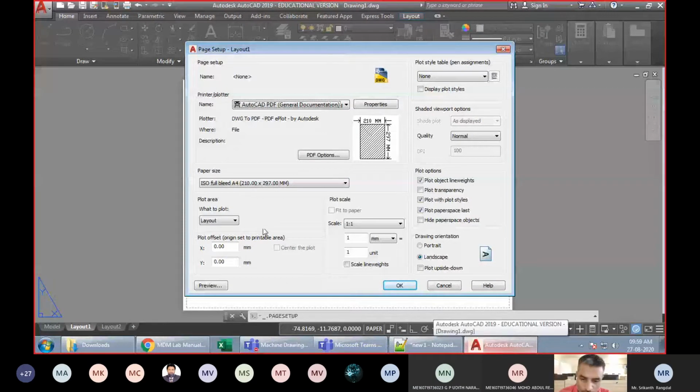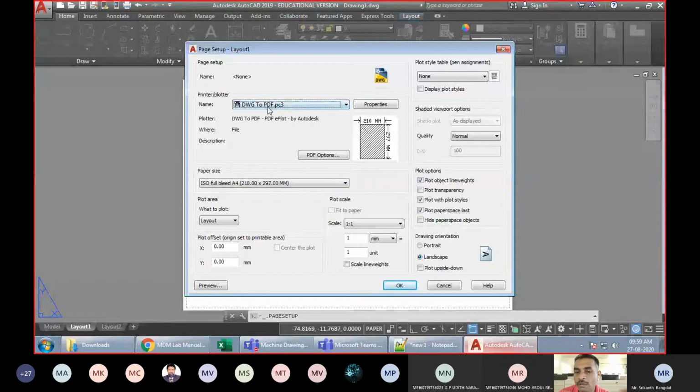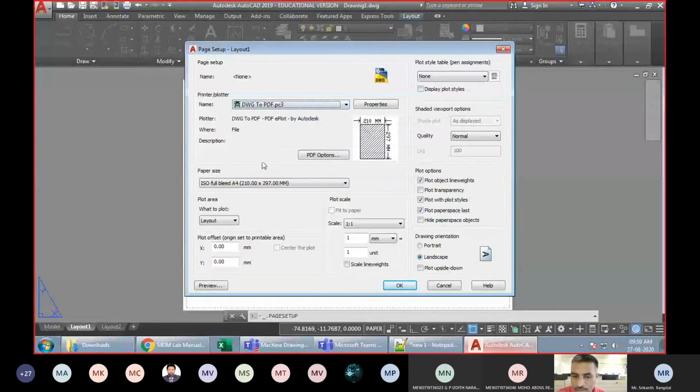Okay, so let's proceed. You can not only choose the printer. If you have installed a printer, you can choose the printer. If you don't have a printer, you can save it as a PDF. Fine, DWG to PDF. What this will do is, it will save your diagram to a PDF, and this PDF can be taken anywhere in any Xerox center. And almost every person has Adobe Reader installed on their system. So even if that person is not having AutoCAD, you can get your drawings printed.